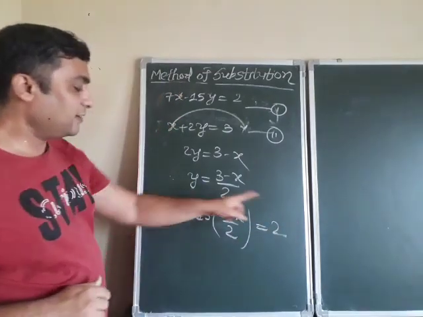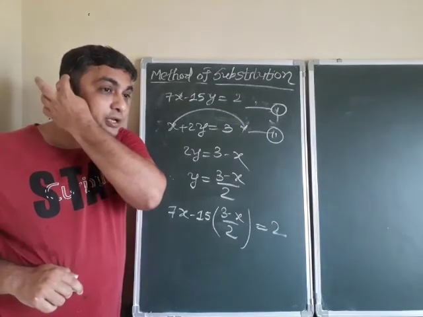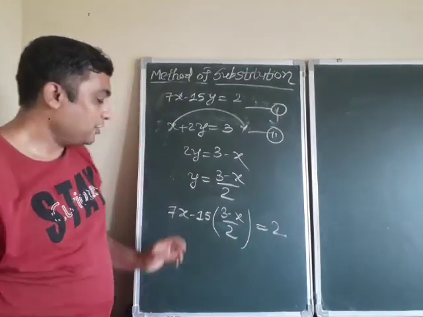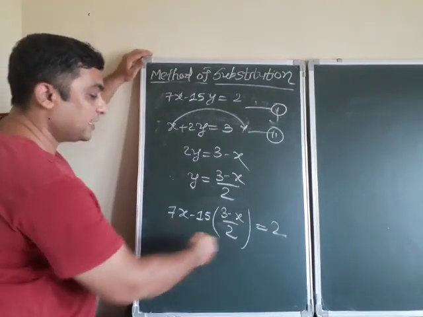Now see, this is the one equation, but one equation with one variable, and I already told you, okay, by using one equation you are able to find out the one variable. So by using this equation you can solve the one variable. That's all. So let's see how we can solve this now.